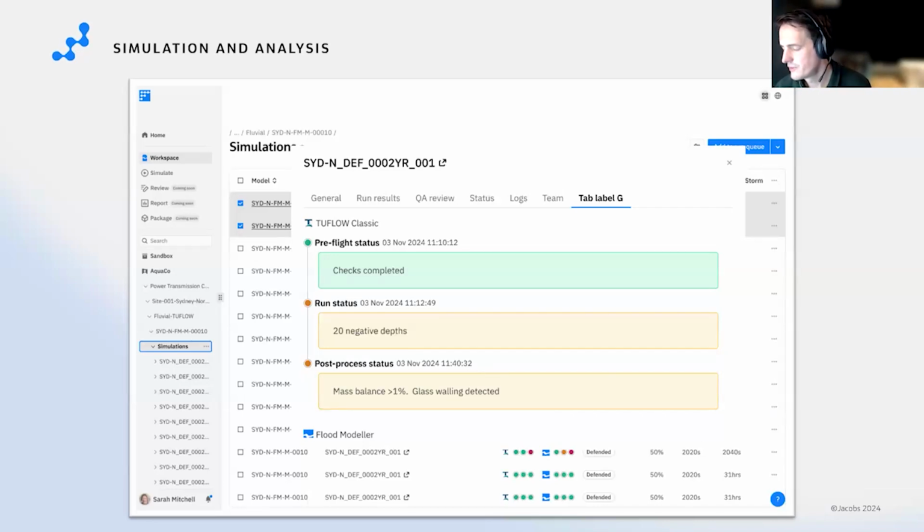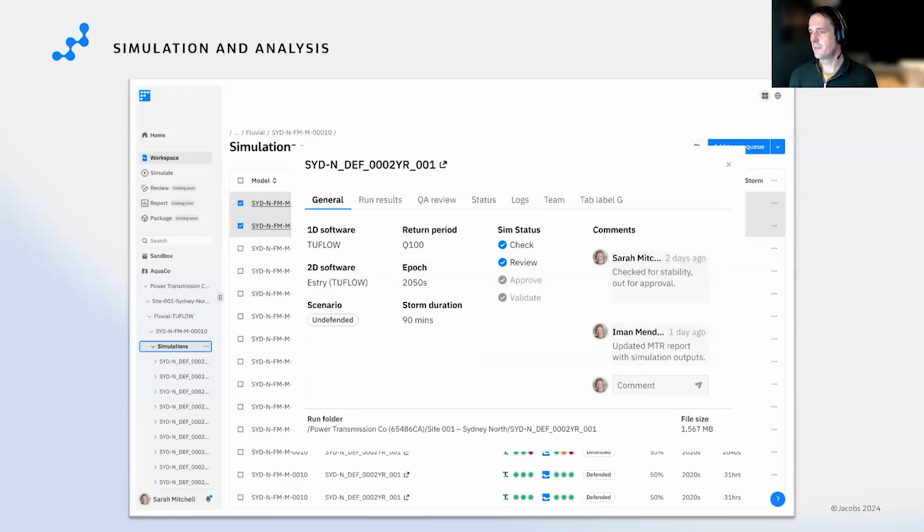And this is a wide range of tools to check your model results, not just the health of the model, but also compared to other simulations. So, for instance, I've run my model for a range of different return periods. Is my 100-year flood outline bigger than my 75-year and smaller than my 200-year? Have I got any glass walling? How do my results compare to observed flood risk in that area? We're automating all these tools to give you confidence in the results and the ability to dig into these things. So rather than taking hours and hours to check the simulations, it can be done in a few minutes.